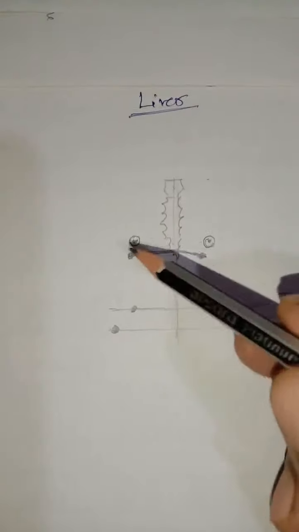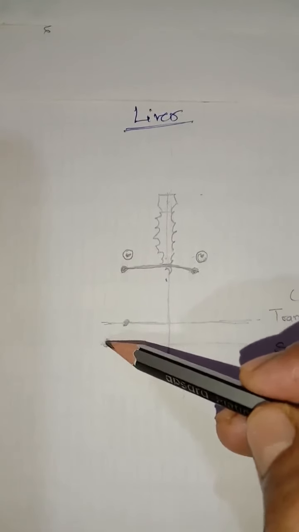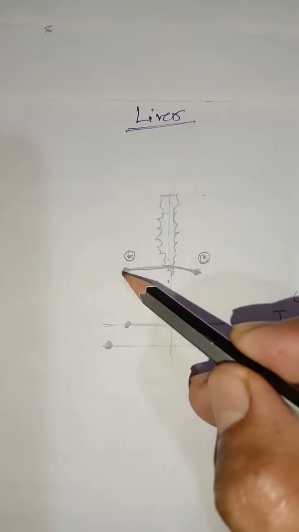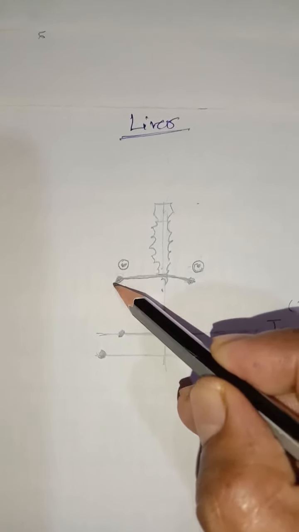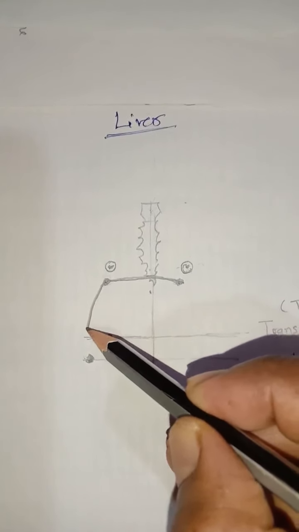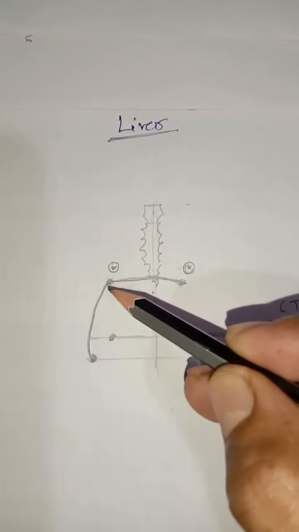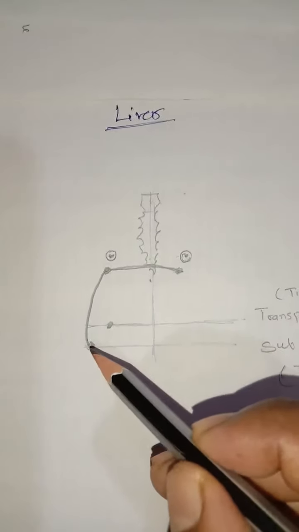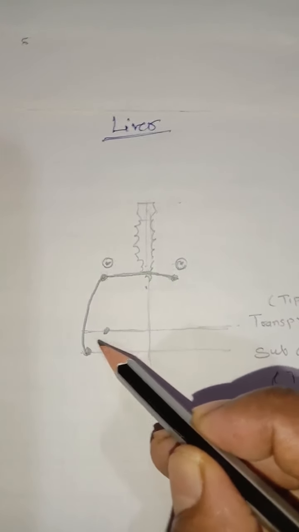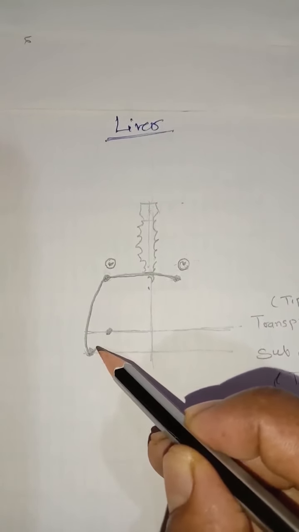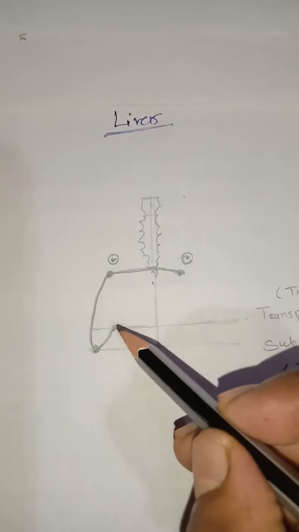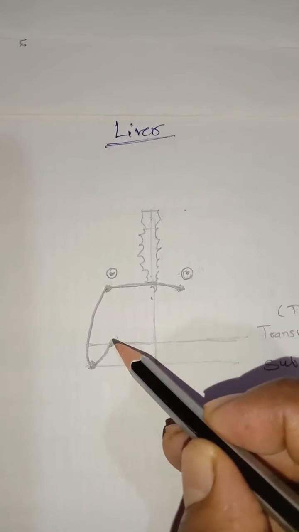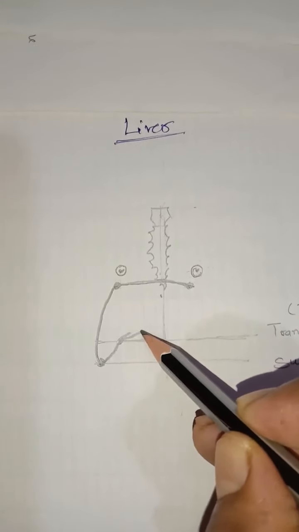Then the second point and the third point should be joined, and draw the line in such a way that it is slightly convex. So here you should draw a slightly convex line joining the second point to the third point. Then join the third point to the fourth point with a slightly convex line. So in this way, and then join the fourth point to the first point with a slightly convex line. So in this way.